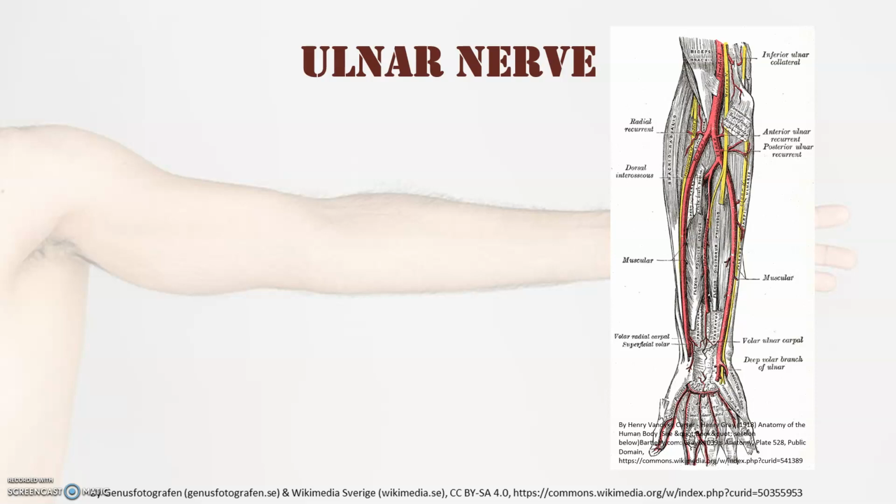in the posterior compartment of the arm. It then winds its way around the medial epicondyle in the medial epicondylar groove through the cubital tunnel and enters the forearm between the heads of flexor carpi ulnaris. It then runs just deep to flexor carpi ulnaris on its radial border and just between flexor digitorum profundus and superficialis. It emerges from behind flexor carpi ulnaris at the wrist, crosses the wrist superficial to the flexor retinaculum,